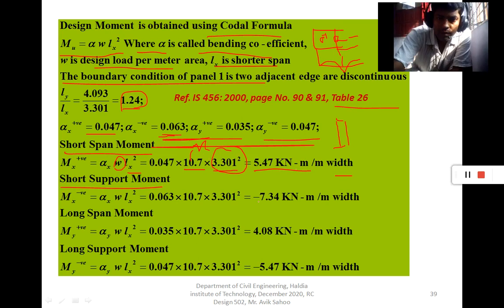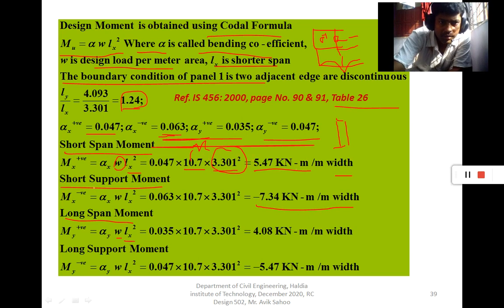Is how much? 7.34 kilonewton meter per meter width. For the long span moment, using this formula, alpha y is already computed. Alpha y we get from Table 26. Put the value of alpha y here. W is known, Lx is known, so we get the positive moment and negative moment along the longer direction